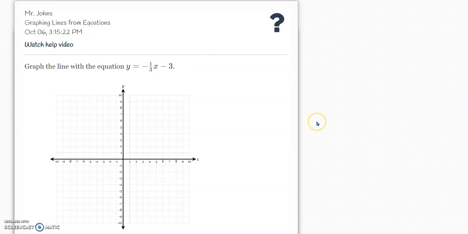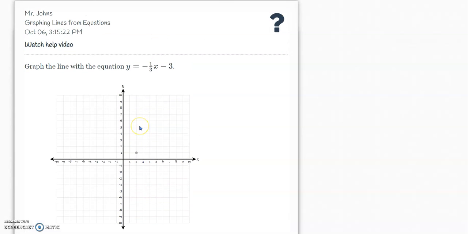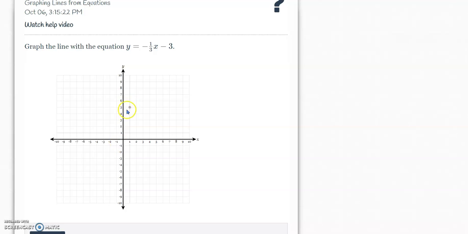The last one I just want to show you is basic graphs. This is how to use the technology with Delta Math here. We have to click and drag a line. So let's use the fact that we see it's got a y-intercept of -3. And I always tell students to put the negative on the numerator. So read that